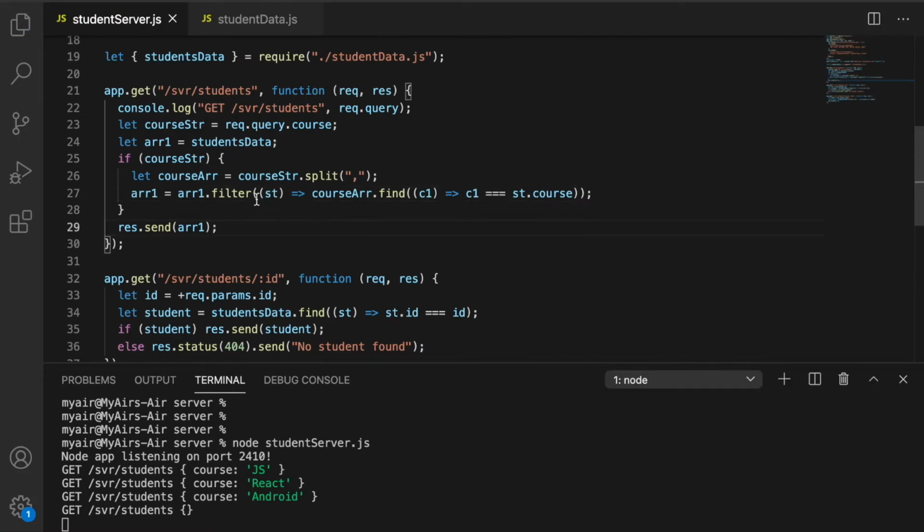So we are saying filter it such that for a student we find the c1. There is a c1 here in this course array such that it matches the st dot course, the student's course. So that's a filter, and let's go ahead and run it.